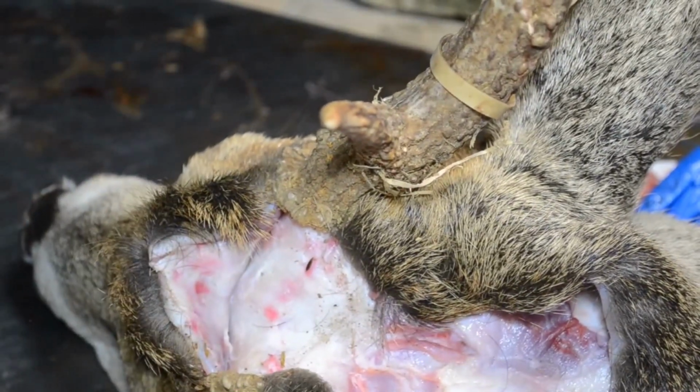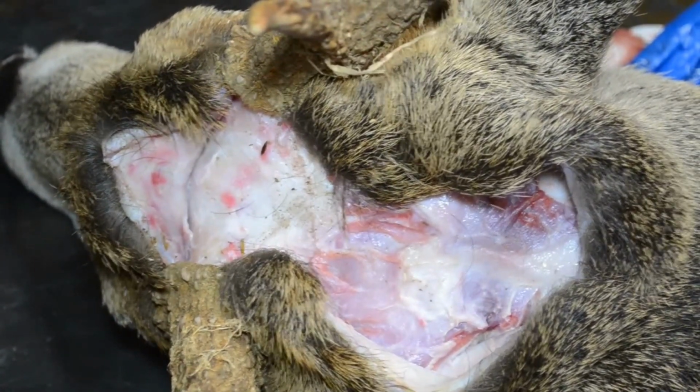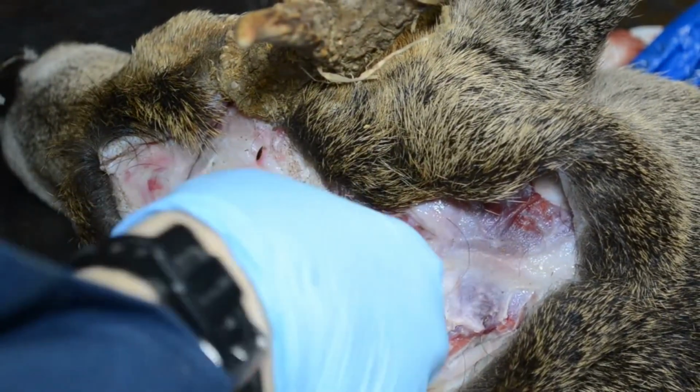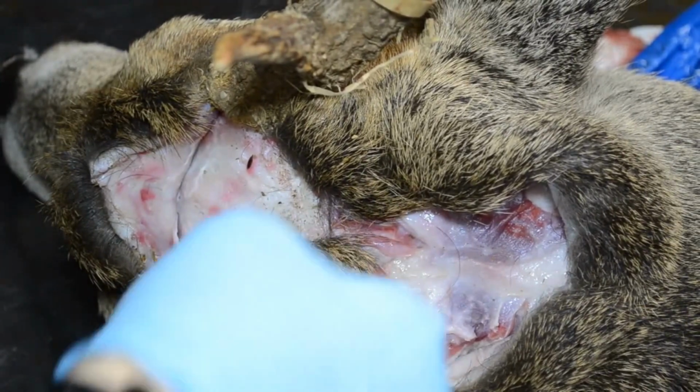Right here. Position the camera here. All right. Grab hold of the skin. Don't just grab hold of the hair. You'll pull the hair out by the roots. Grab hold of the skin